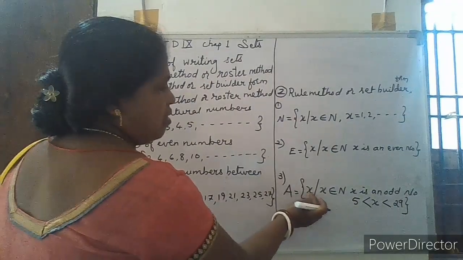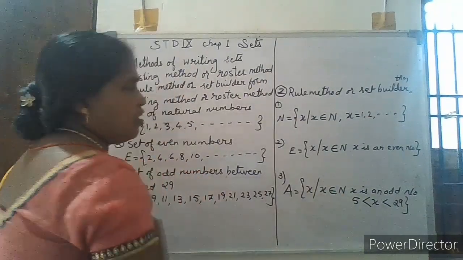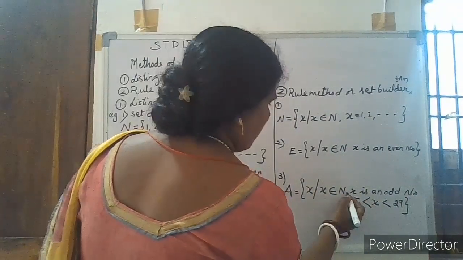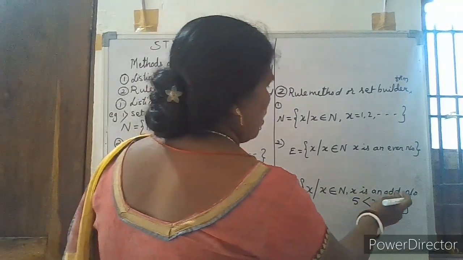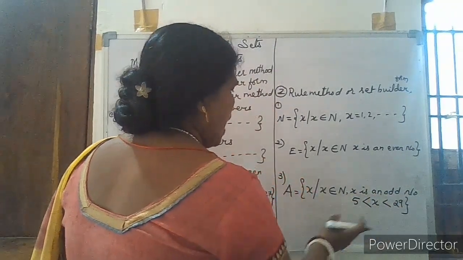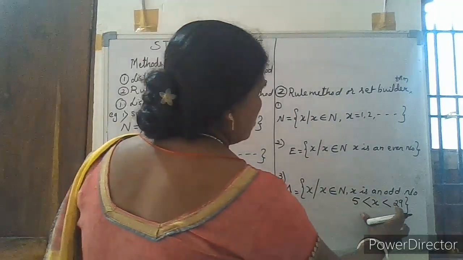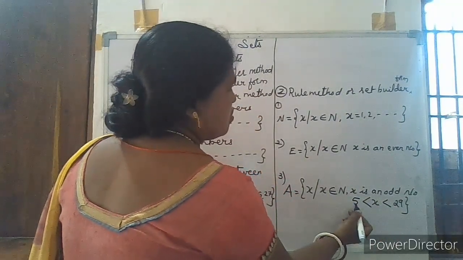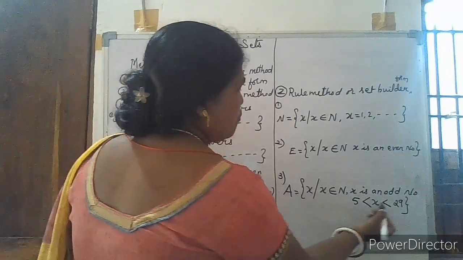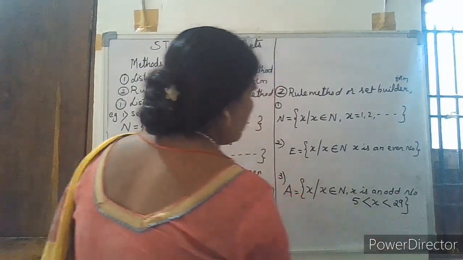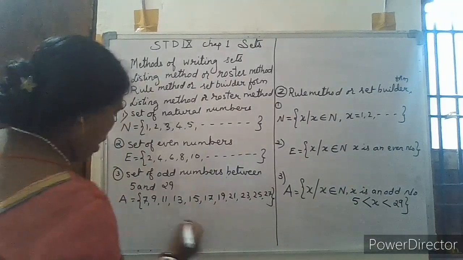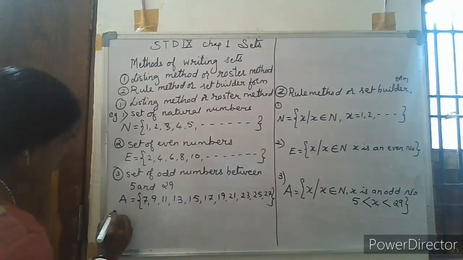So X is an element, X belongs to natural numbers, but X is, give a comma here, X is an odd number, but as these elements in this set are between numbers, so therefore X is greater than 5 but less than 29. In this way we have to show. Now fourth example,